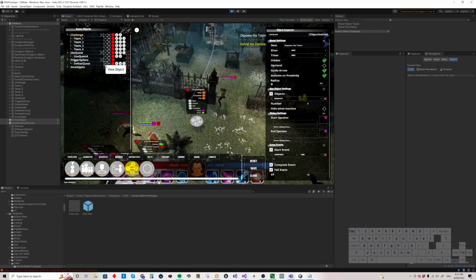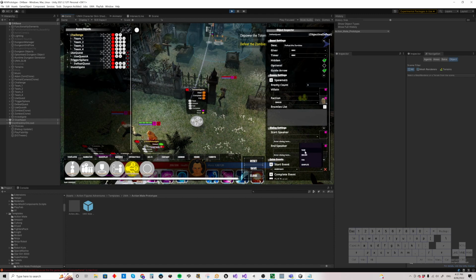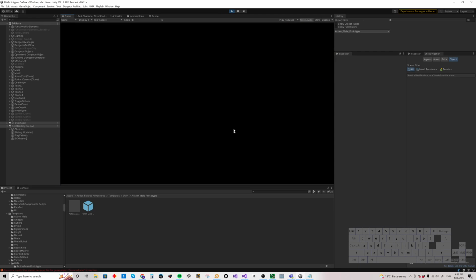Similarly, when the defeat quest gets activated, start event, we'll have investigate task, and we'll put a 2 in here. So that's ticking off task number 2. So these two events tick off task number 1 and task number 2. The quest has 2 things to be ticked off, and that'll determine its progress. So if we reset,